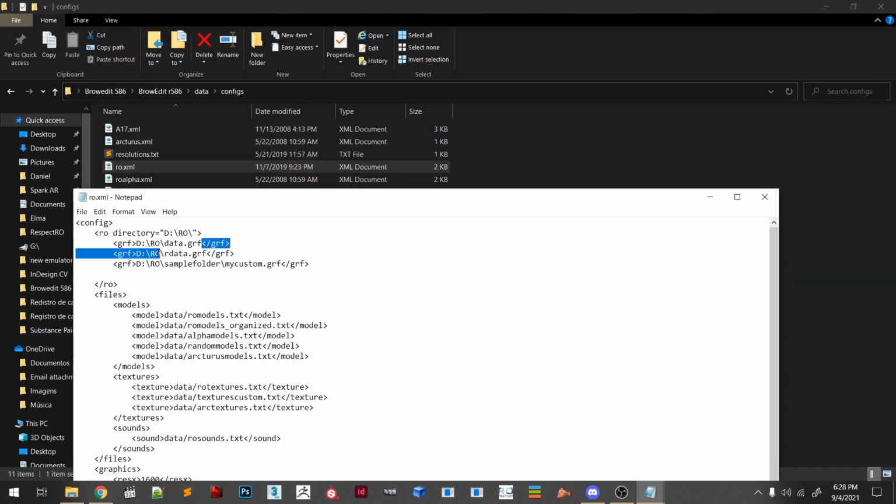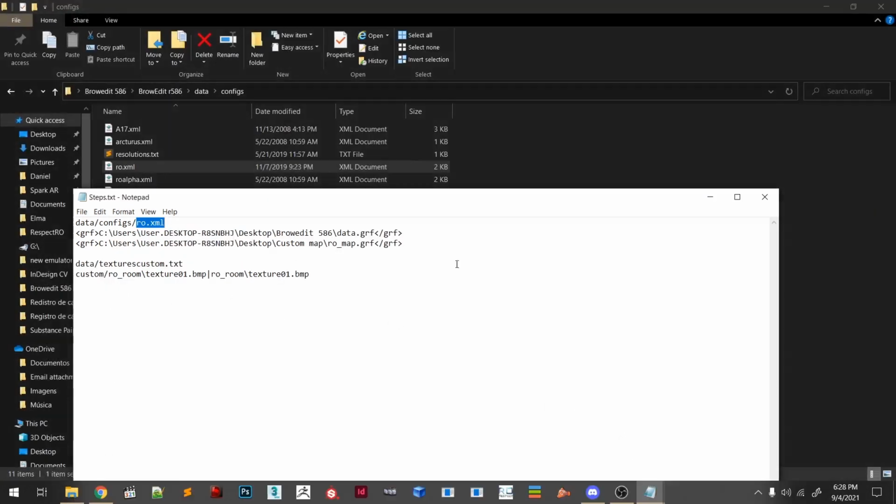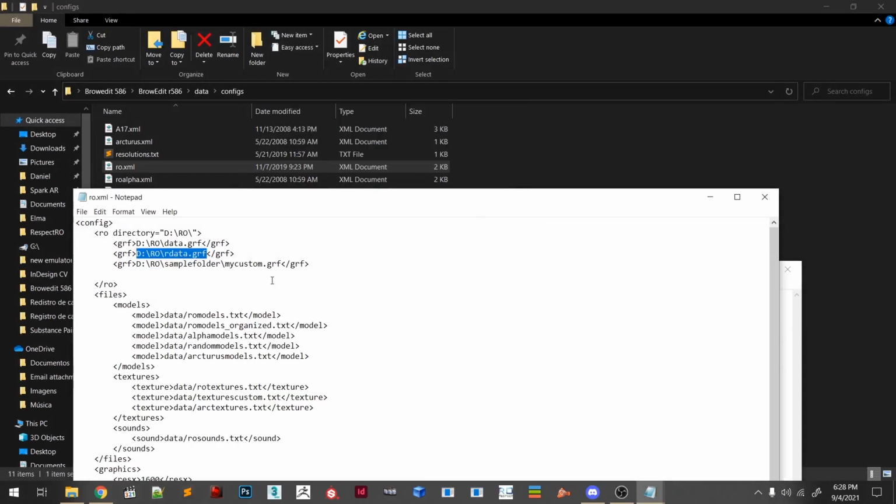So here you need to find your data GRF and whatever other GRF you're going to create. So let's set this up. I have it here already. Here is the location of your data GRF. We're gonna put it in the very first, right here.